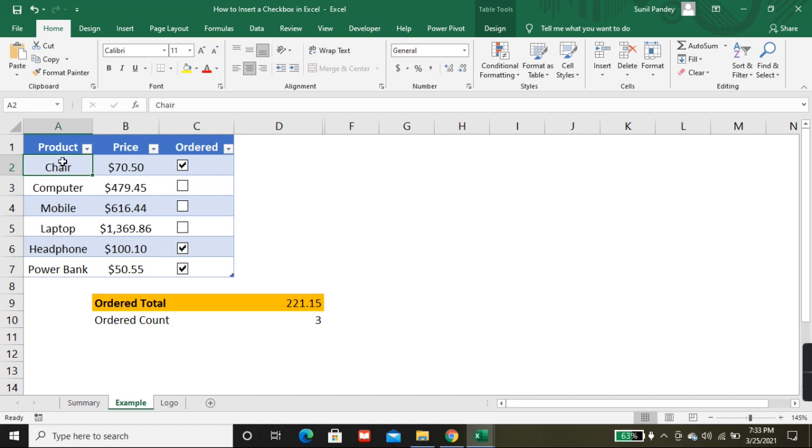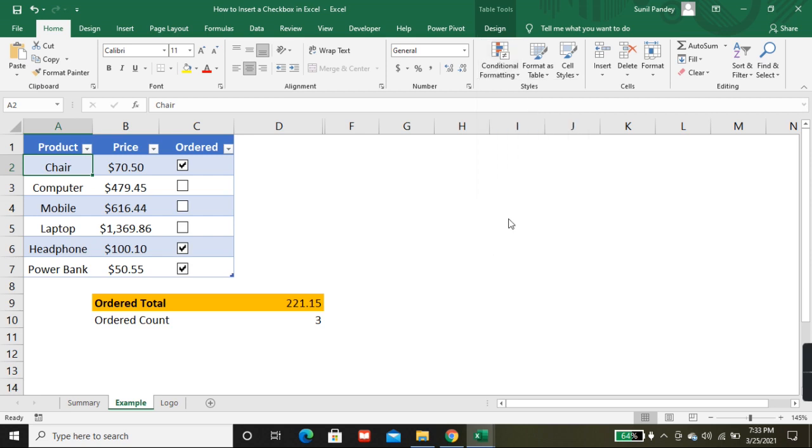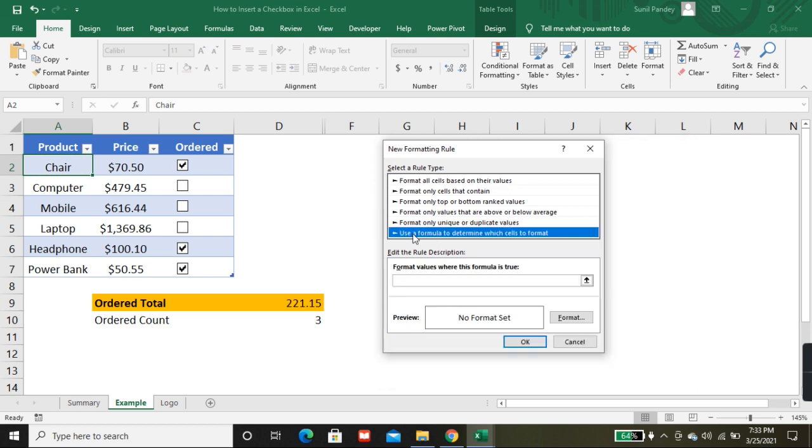You just select A2, go to Home, Conditional Formatting, New Rule, and here use a formula to determine which cells to format. And here I'll put E2.